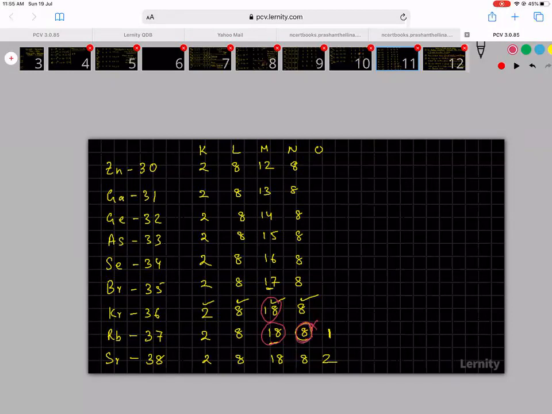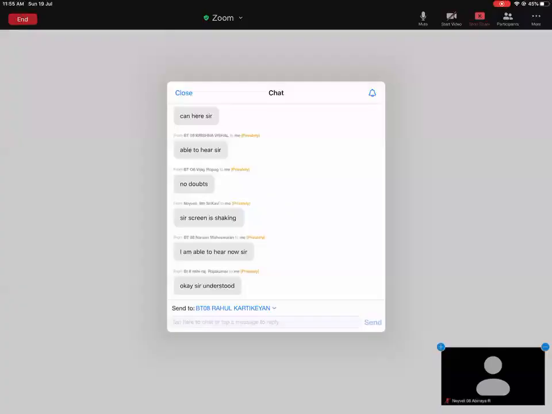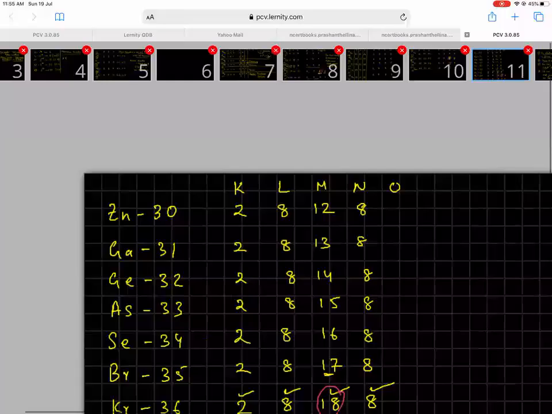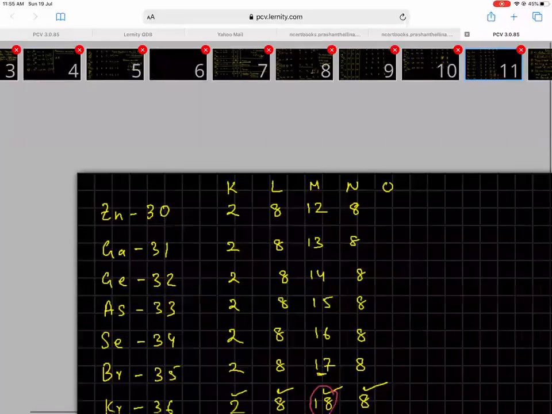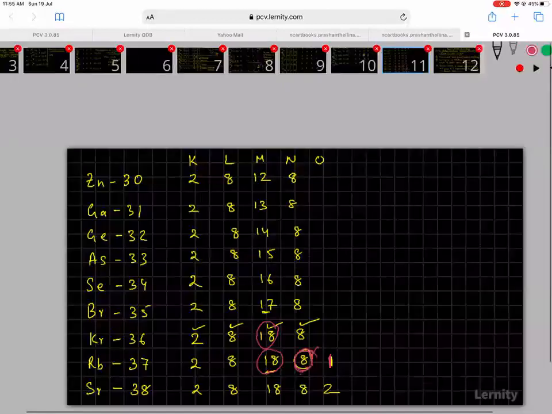Okay, so you guys are understanding. Okay, on the page, I hope all of you are able to understand this page. Okay, that it can absorb. Now